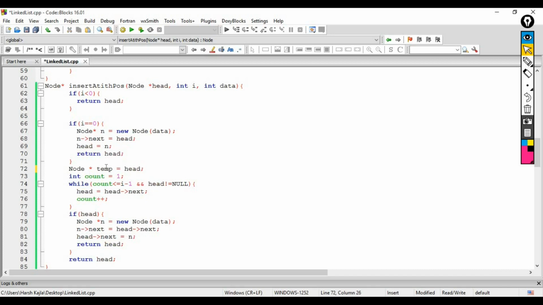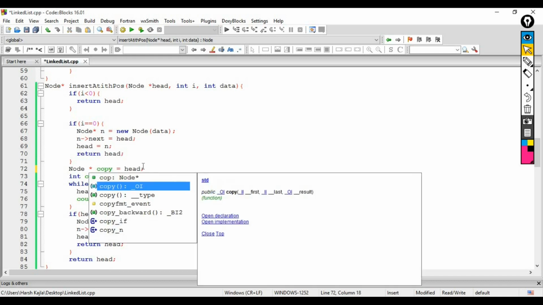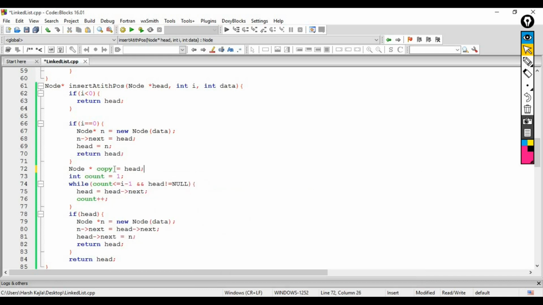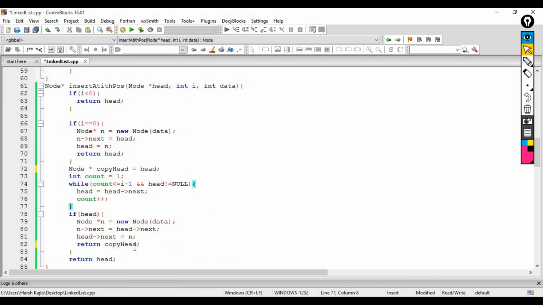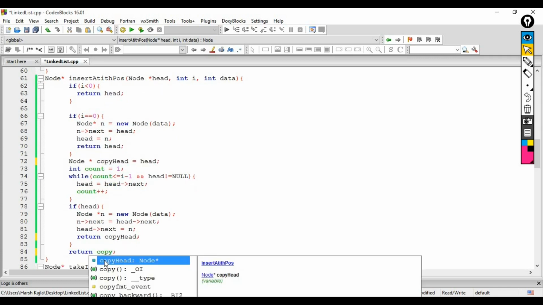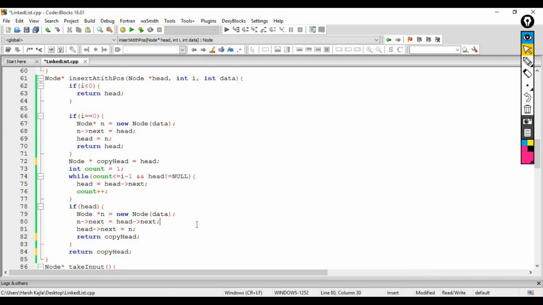Now the second way is you can make a copy of head. So I am copying the head, Node star copy head. Here instead of returning the head, I will return copy head, because the head is not changing. Similarly in this case also you have to return copy head instead of the actual head.